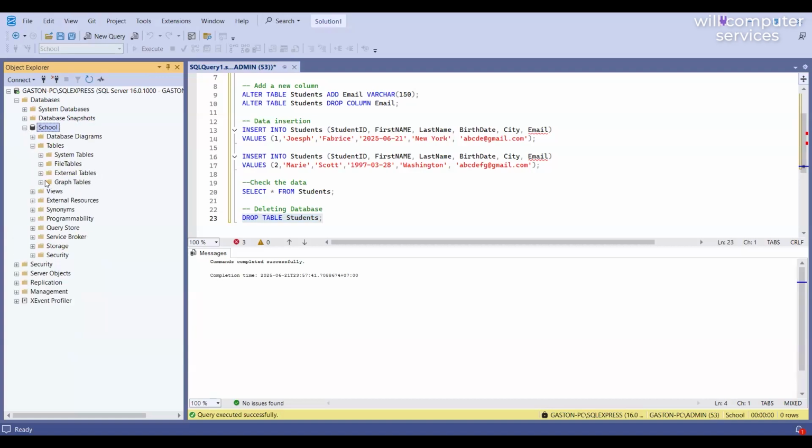Yeah, you see that we don't have the table student anymore. We deleted the table and we lost all the data we have in it. So, yeah, this is the main thing, at least as a data analyst,